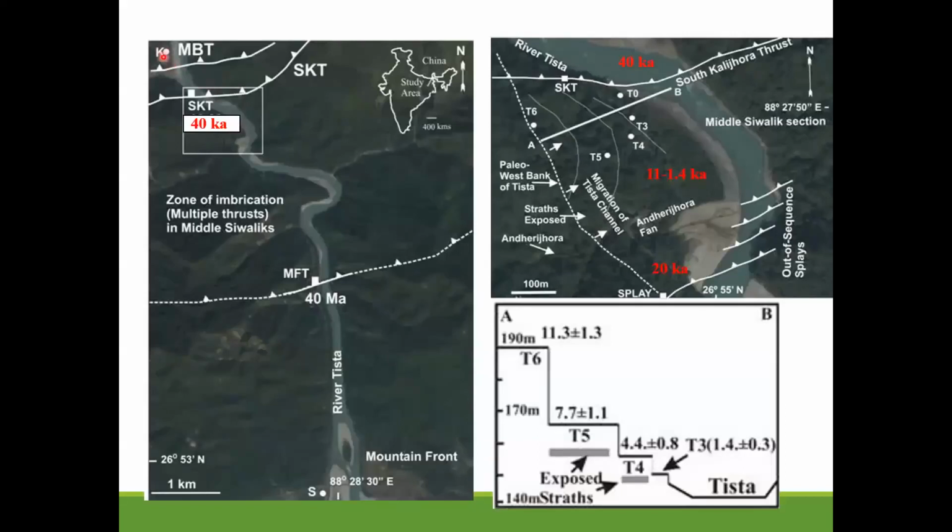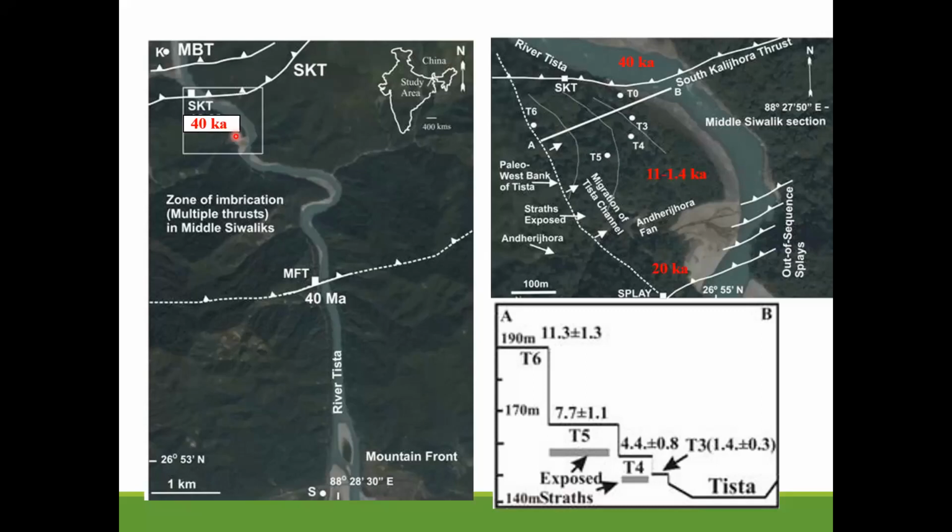Kalijhora is approximately here. You have the main boundary thrust running through that, and then a couple of other thrusts. Right about in this joint, the river was flowing like this, and progressively, as the deformation occurred, that has been shifting. This occurs due to out-of-sequence deformation within the wedge,